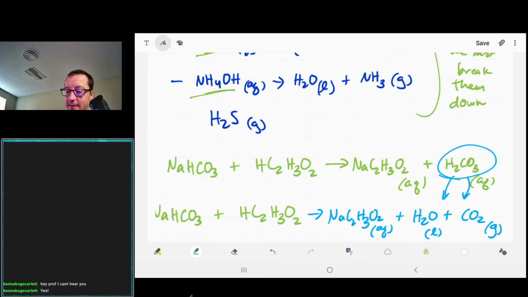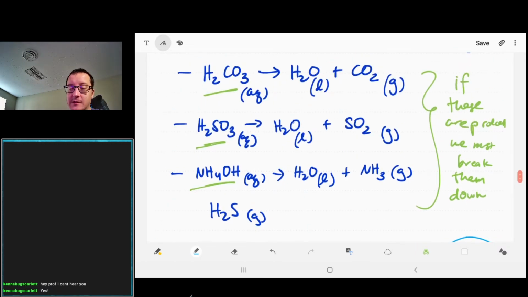So anytime you see one of these three underlined products in a reaction, you've got to break them down into water and whatever the gas is. Those are going to be the ways that we see gas coming out in reactions. The last one is if you just produce hydrogen sulfide, it's a gas. There's no breakdown associated with that. That would be something like